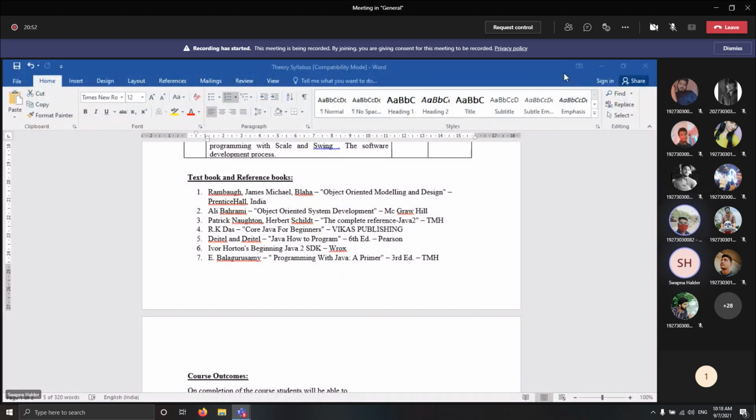Ma'am, in a procedural language, we can declare global variable and local variable, but... Yes, you can create the local variable as well as the global variable. The global variable can be accessed by all the functions, and the local variable is limited to a particular function in which you declare it. This is one feature of procedural language, but the main concept, the designing concept,